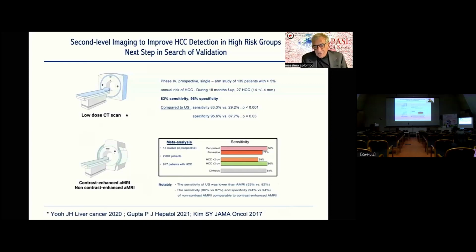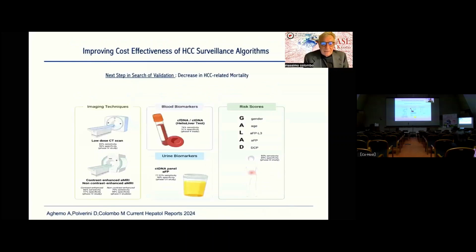And the good news is that contrasted and non-contrasted performed at a similar rate. And this is an important point because MRI contrast is thought to accumulate in the nervous system and may provide toxicity. So in the end, ladies and gentlemen, and the chairperson, we dispose of modalities to implement a risk-stratified algorithm for screening of liver cancer: new imaging techniques, blood biomarkers, and why not urine biomarkers.